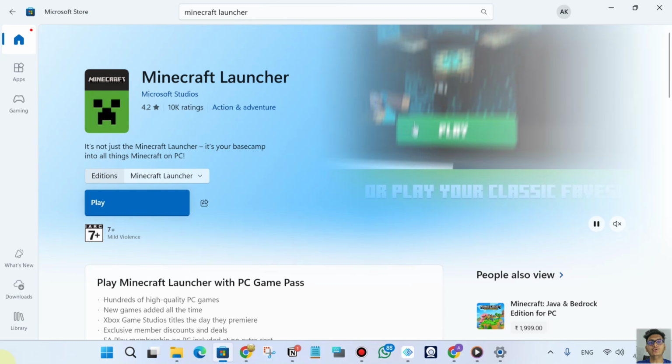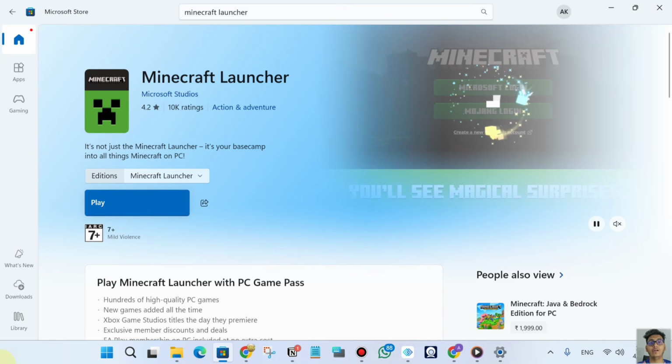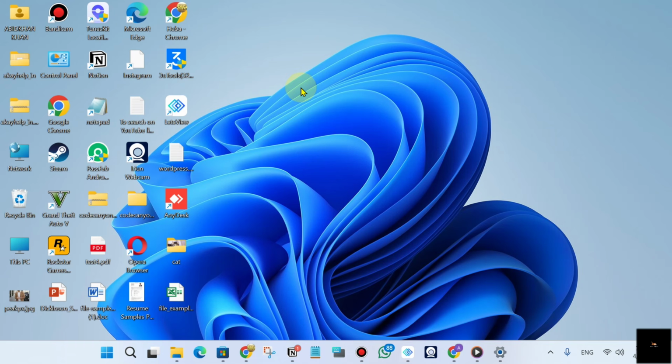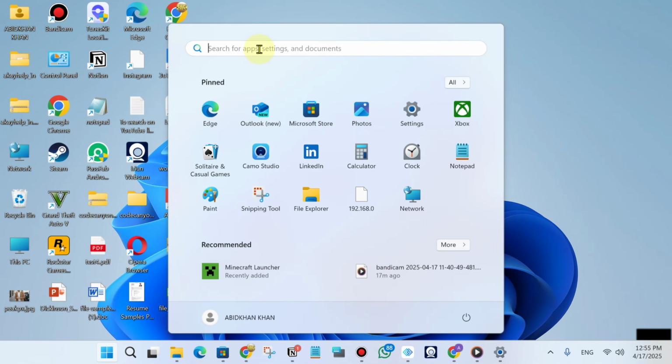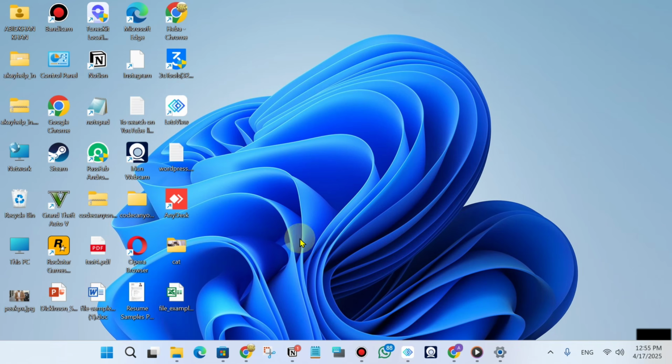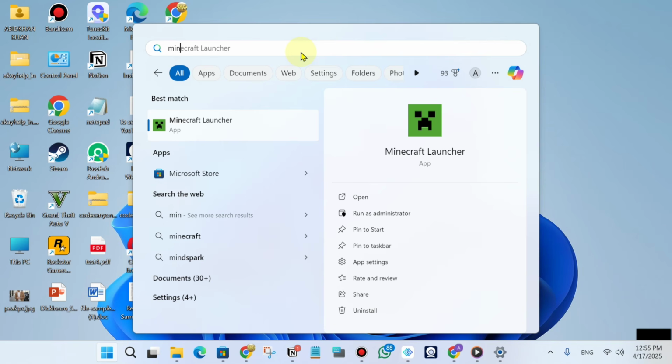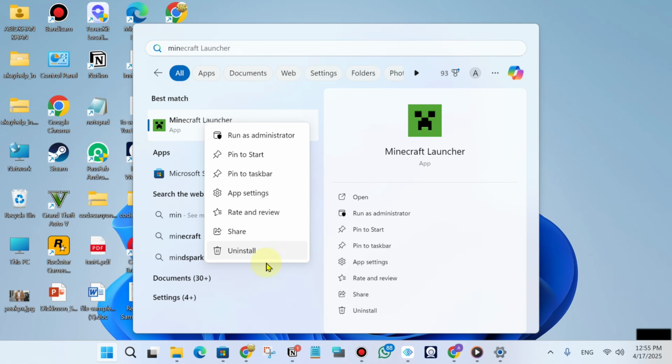We'll guide you through Minecraft launcher not downloading and not installing from Microsoft Store app. To fix this, just make sure it is not already downloaded from any sources like a browser. So just go to the Windows button and type here Minecraft. If you see this type Minecraft app, just install it from here